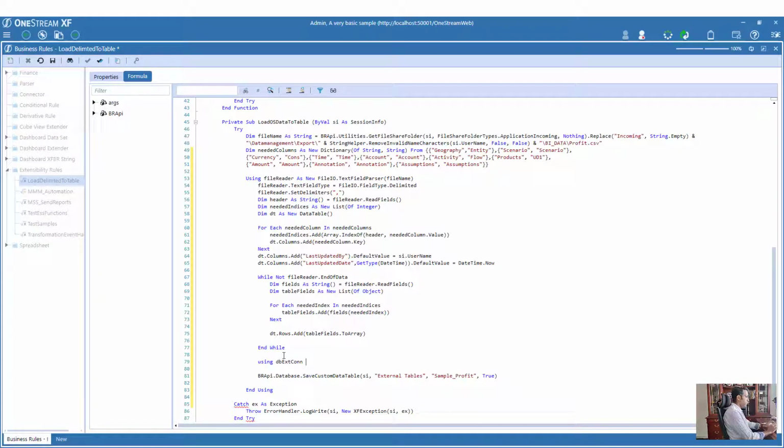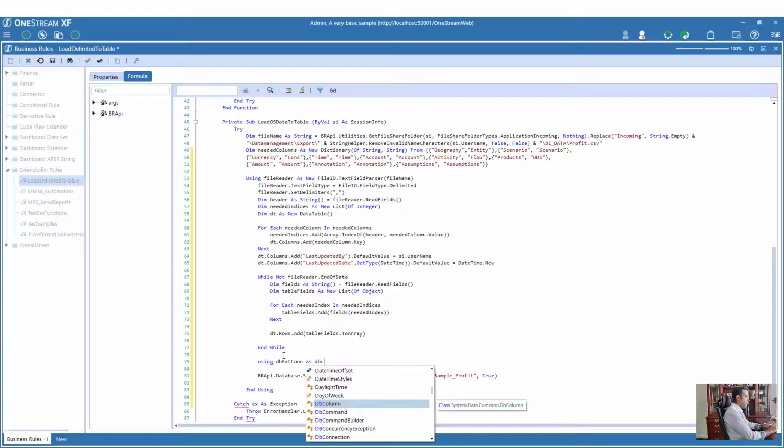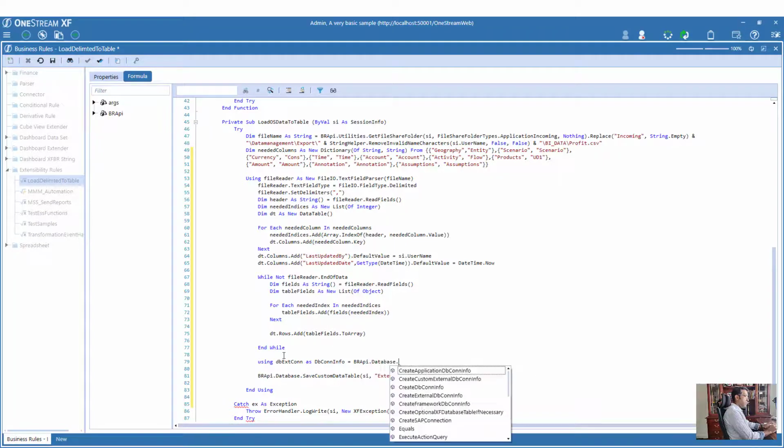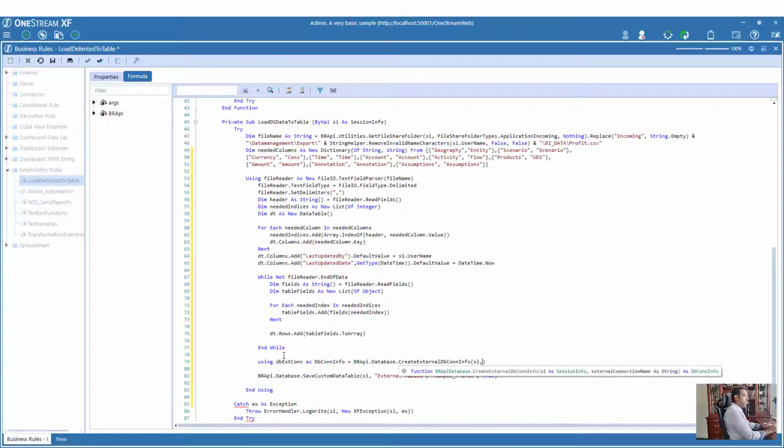So we are going to say this is db connection as db coninfo equals brapi dot database dot create external db info session. The external connection that I added is external table,